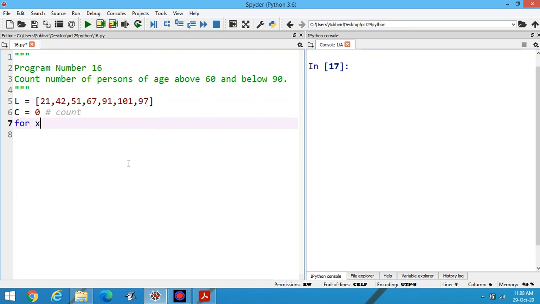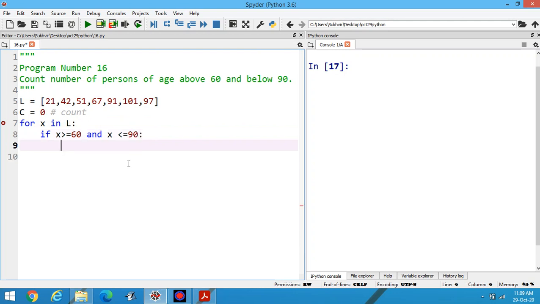Then for X in L, if X greater than equal to 60 and X less than equal to 90, count is equal to count plus 1, then printing of count.